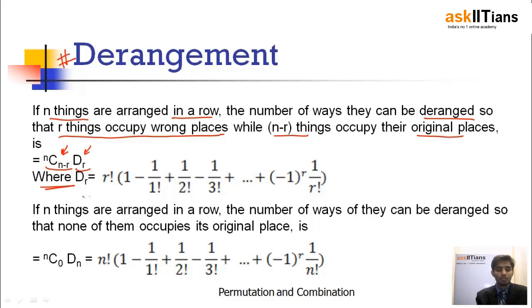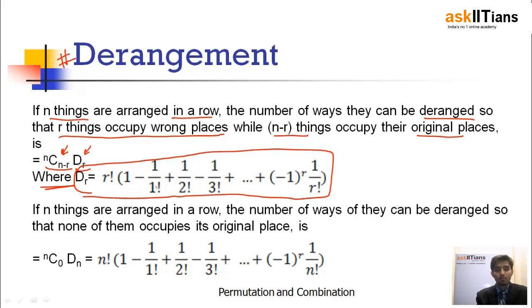factorial. There is a simple formula for the de-arrangement, that is r factorial into 1 minus 1 by 1 factorial plus 1 by 2 factorial minus 1 by 3 factorial, and the last term will be minus 1 power r. So if r is even, I will get plus 1, and if r is odd, I will get minus 1